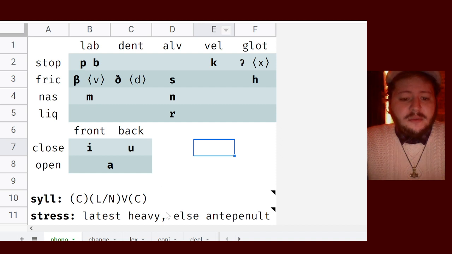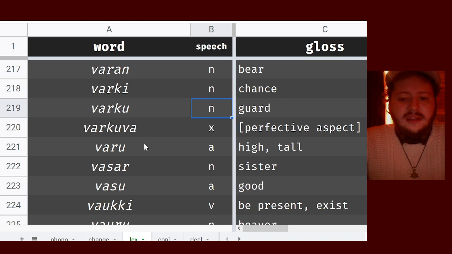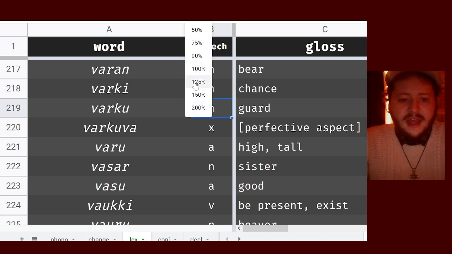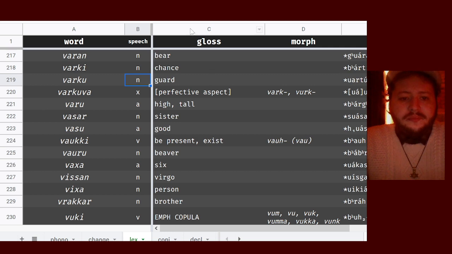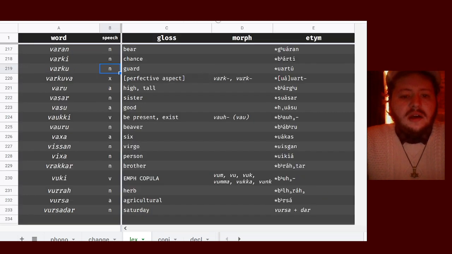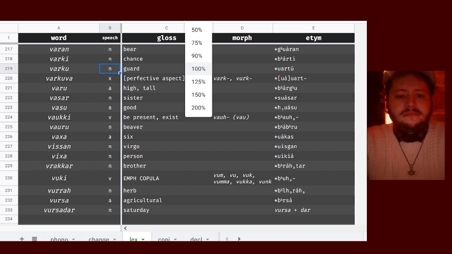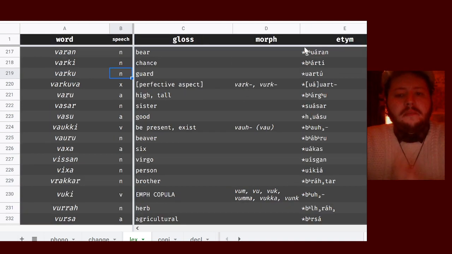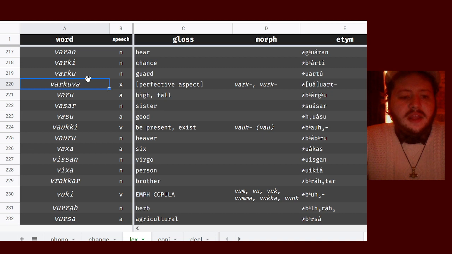And to give an example of how this plays out, I'm going to go to the lexicon real quick, and I'm going to zoom out now, back to what makes more sense to look at. Let's go out even more. 100%, I think you'll see everything. Yeah, maybe 110. Yeah, that's good. So we can look at this word here. This is varkuva, varkuva. And I know where to put the stress because I have 3 syllables here, and I'm